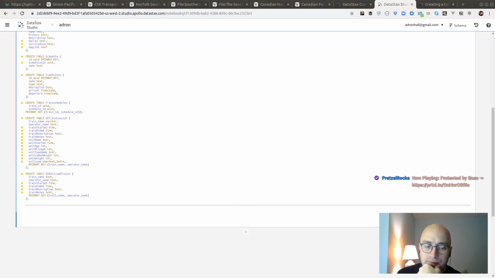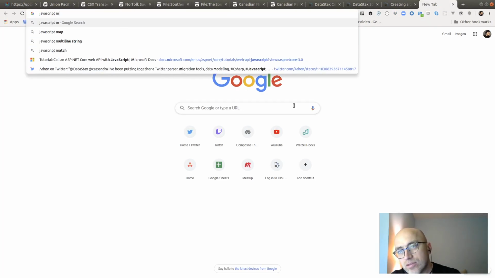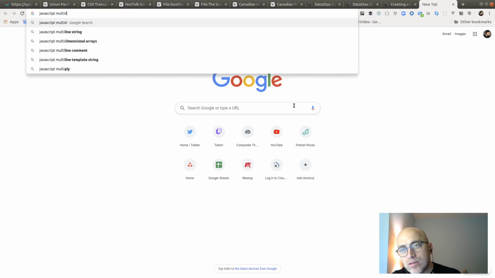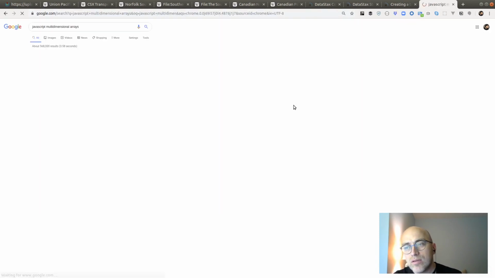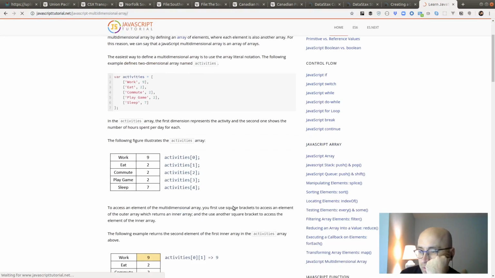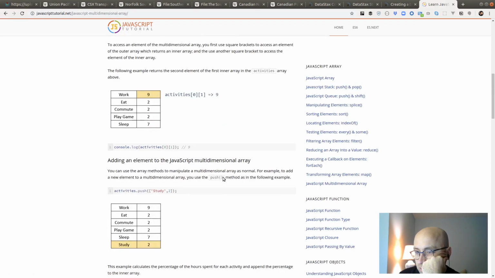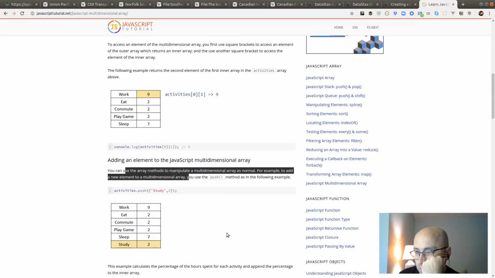Alright, so let's look at arrays here in just a second. Just want to look up JavaScript multi-dimension. Yeah, there we go. So that's single dimension, 2 dimension. Let's push him around.